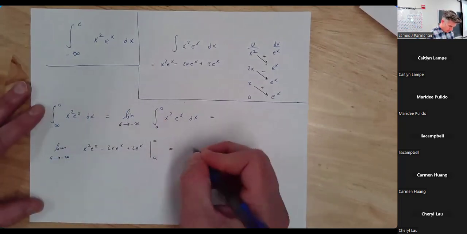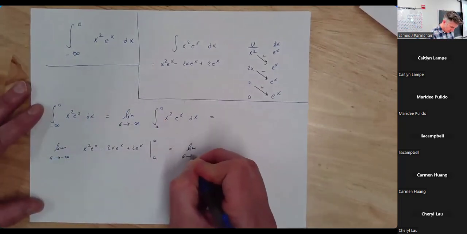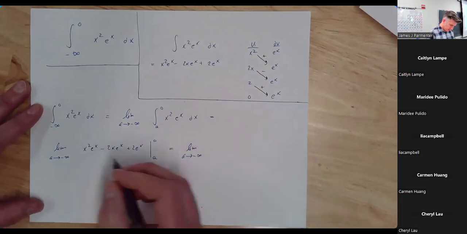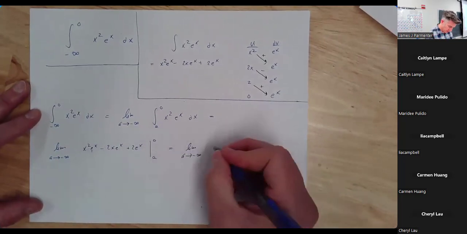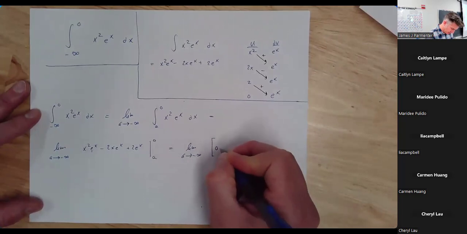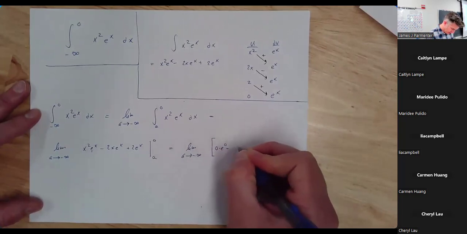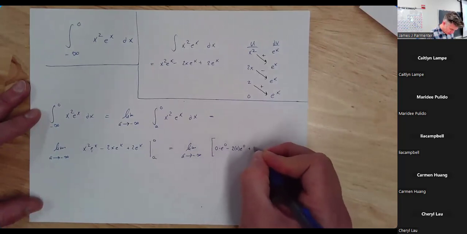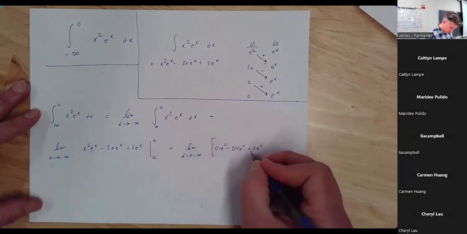We plug in, make the limit as a goes to negative infinity of 0 times e to the 0. I really don't want to write it, but I will. It's like 0 times e to the 0 minus 2 times 0 times e to the 0 plus 2 times e to the 0, which is 2,